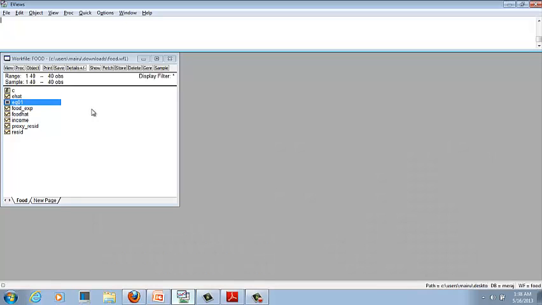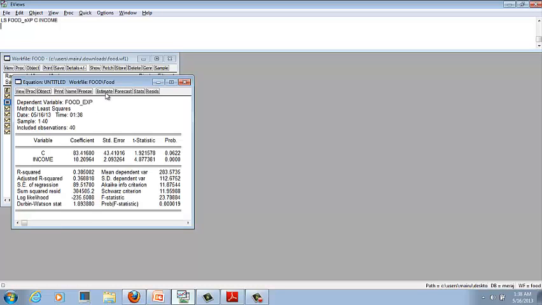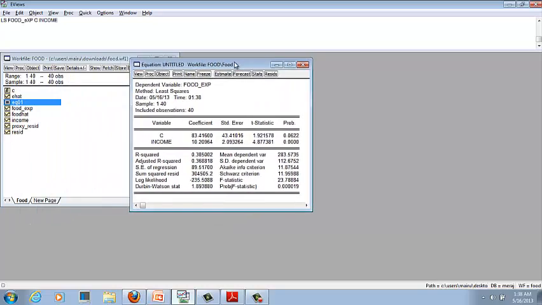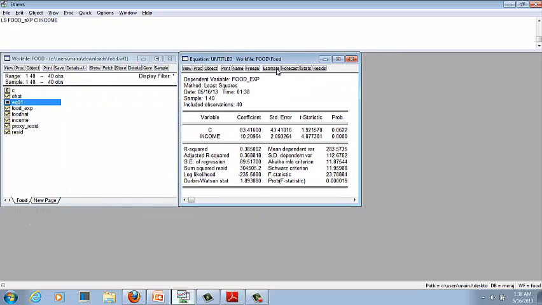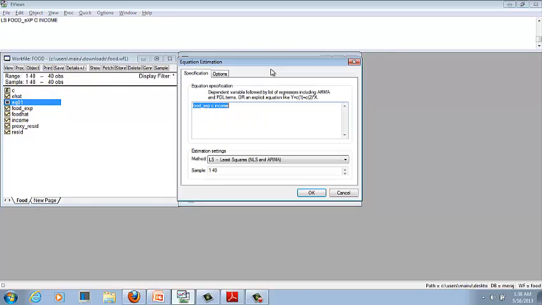So let's see how we can use White's heteroskedasticity consistent standard error. Just run the regression first. So ls food expenditure, intercept, then income. Now just go to the estimate window, and there is a tab button that is options.